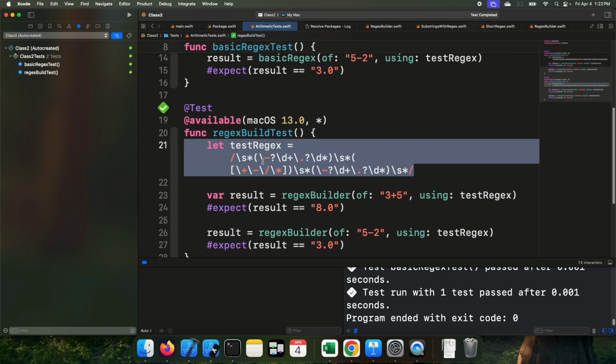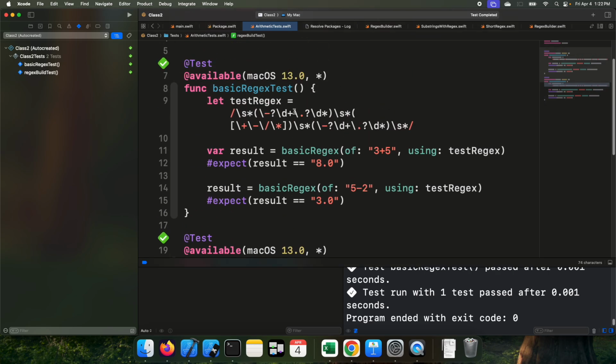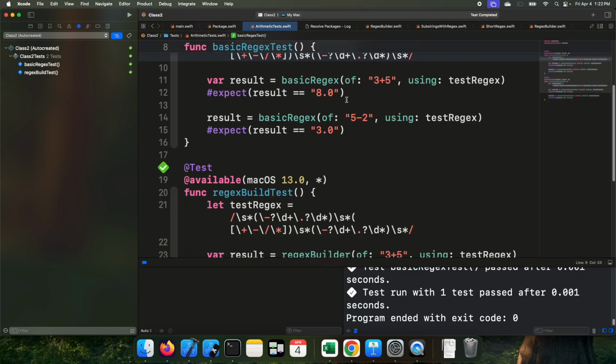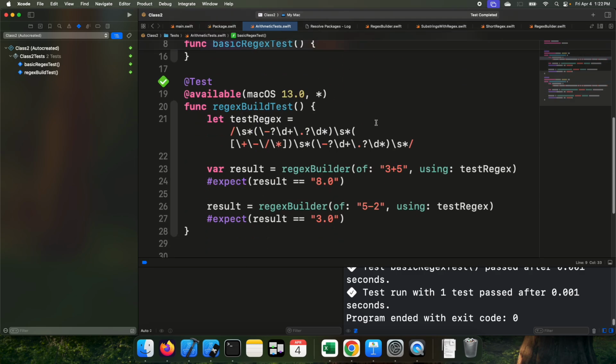Now, let's look at this. Okay, we have this thing, this piece of state that we are recreating in every single one of our test functions. That takes time, okay? First of all, if you ever want to change this regex, you now need to change it everywhere, okay? So in each of these functions, if we wrote a function for each type of builder, you'd need to change it in each one. We need to pull it out, right? It was giving us errors and issues when we tried to do it globally, but that's fine because we are going to create what's called